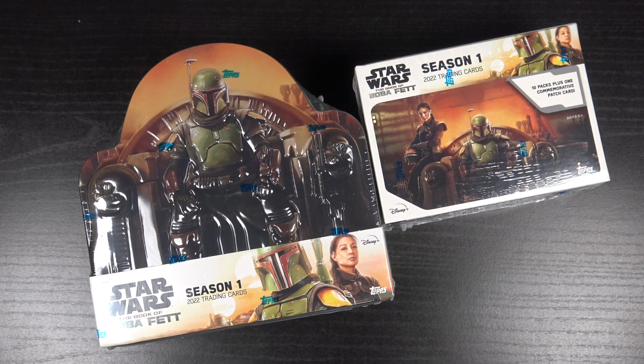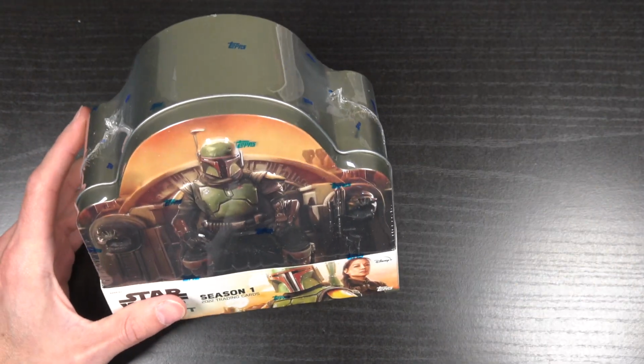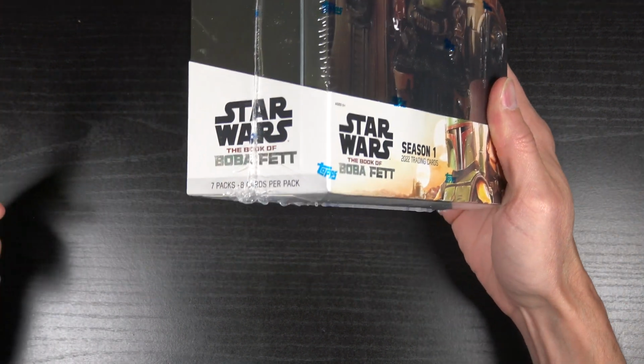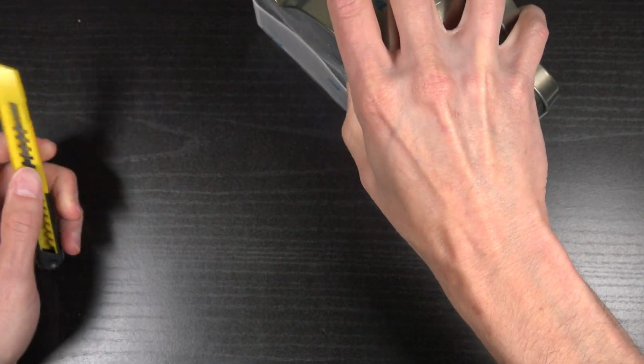I know. Tell you what, why don't we just get into this one? We're going to open two products here. Let's just dive right in. Book of Boba Fett, Season 1 hobby box. Prices got ridiculously low on this, so